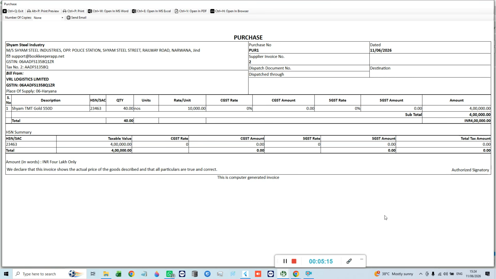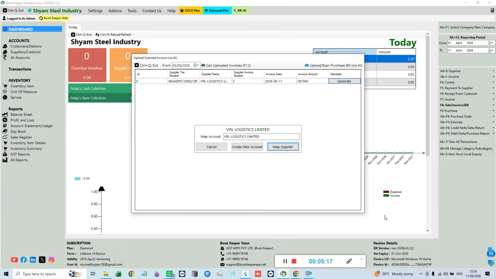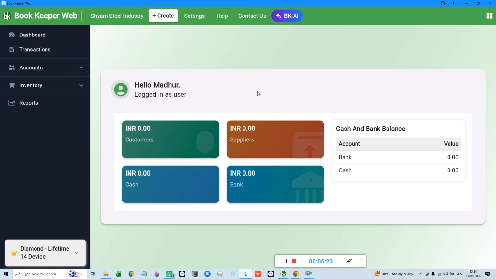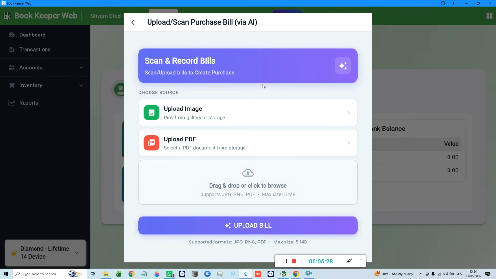This feature is now live in Bookkeeper Windows, Android version as well as the web version. You can use similar option in BK Web as well. You can go to this option of BK AI, you can go to the upload scan bill option, just upload the image or PDF of the file and then click on upload bill option, and your purchase bills get auto